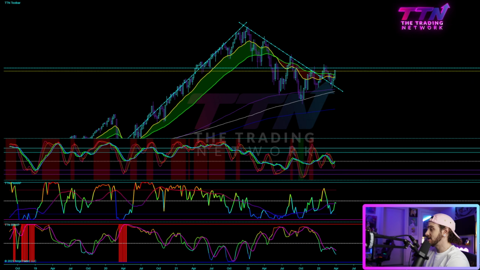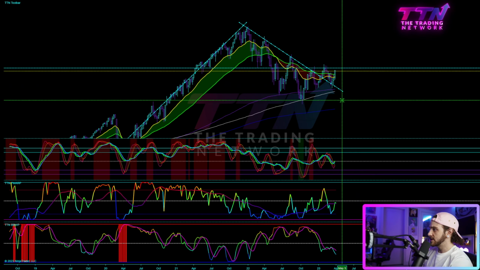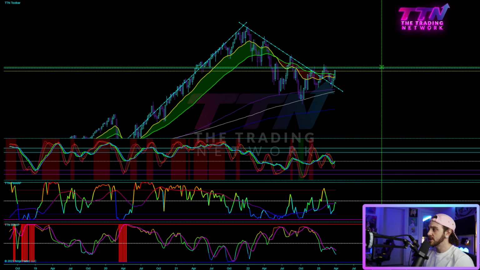So this is a beautiful setup. It is extremely high probability. And this is a setup or a strategy that we teach within the Fundamentals of Futures Trading course called the 3-step shift. So I just wanted to point this out, that the 3-step shift on both the ES and NQ weekly charts is still very much intact, still looking very, very bullish. And we will take it one step at a time.